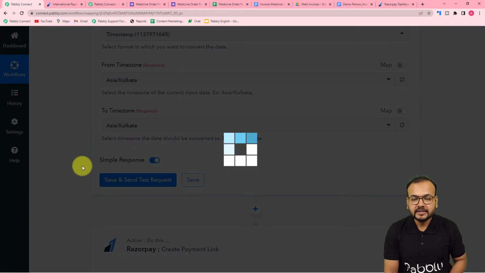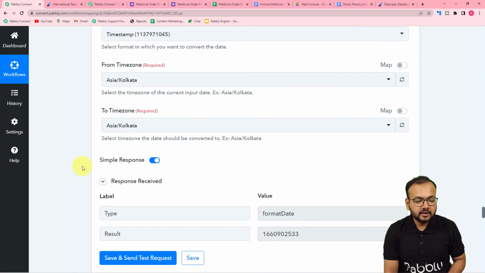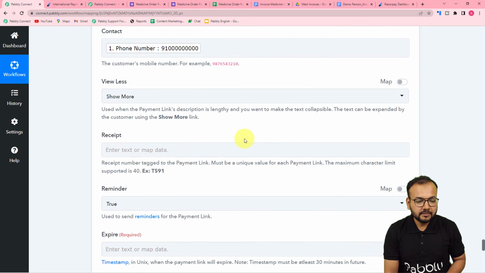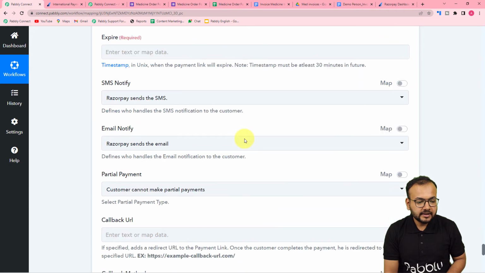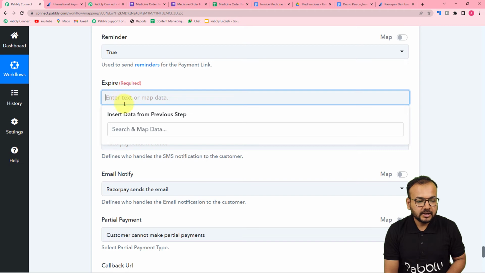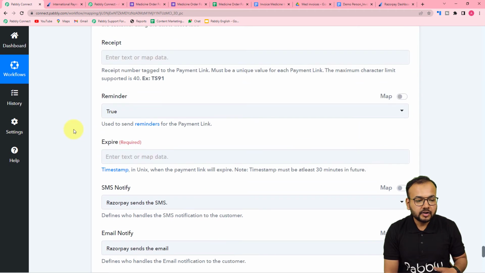Okay, then click on save and send test request. And here we got the result label in which we got the timestamp. Now we can map this timestamp here in this field in the Razorpay step, where it is here in the expiry timestamp. Okay, it is not showing the previous steps because we have added two more steps